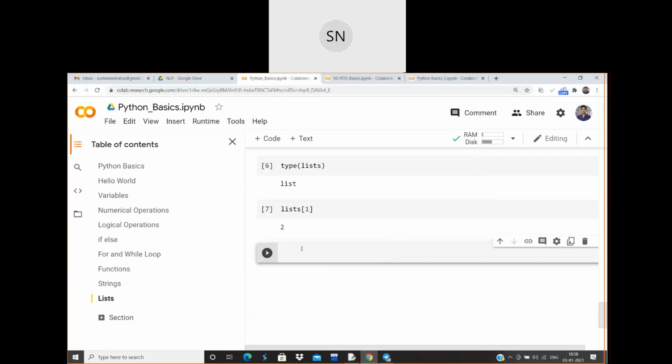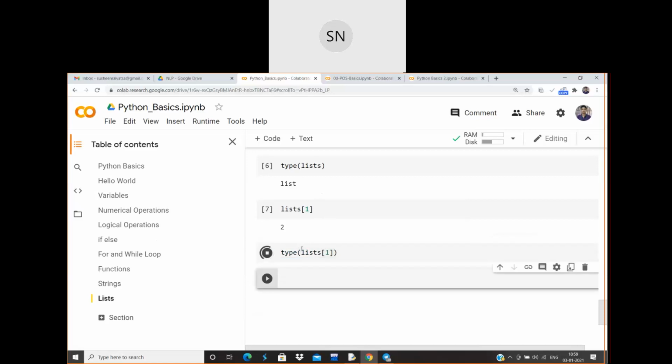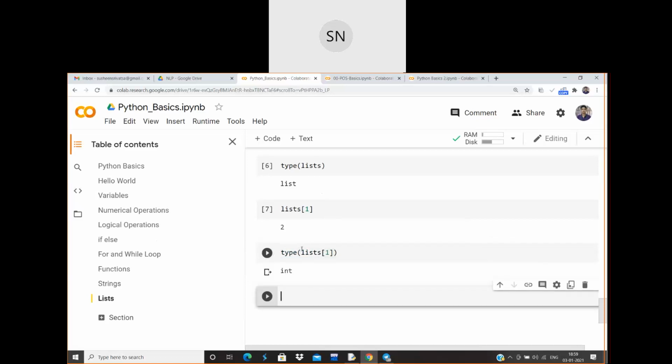As Shivraj was asking, I just wanted to know what is the type of the particular element which is present in the list. Let me type that also. Type of list of 1. So you are getting integer. So did you get it, Shivraj?